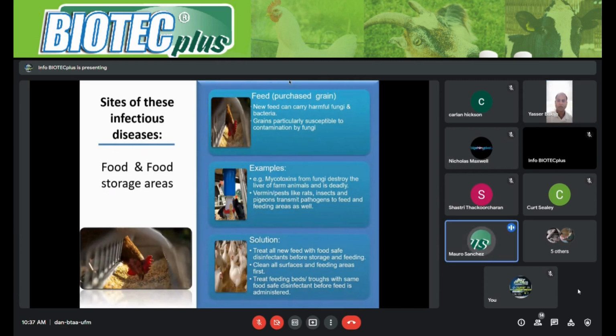Explaining that it's important to recognize what areas inside our farm are where these infectious diseases can be found. And one of these areas that we consider high risk every time we go to visit a farm is the food storage area, because some of these